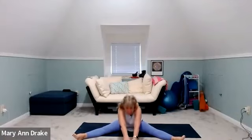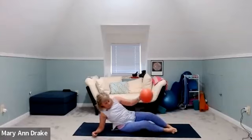Just push the palms onto the ball, bow the head nice and low. Just feel that lovely stretch. And then bring it right back to the center. And now we're going to go the other way. So make sure you bring your legs back together, right onto your mat, bending your knees, turn to the front,